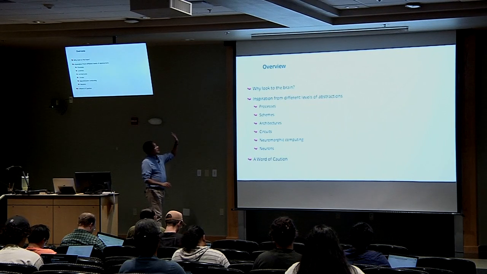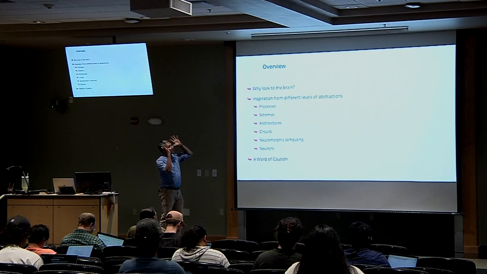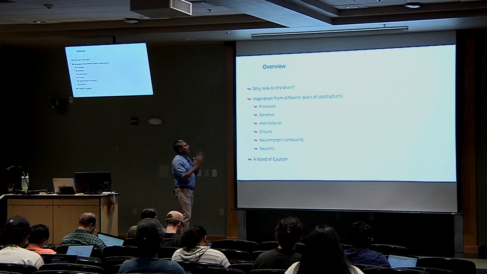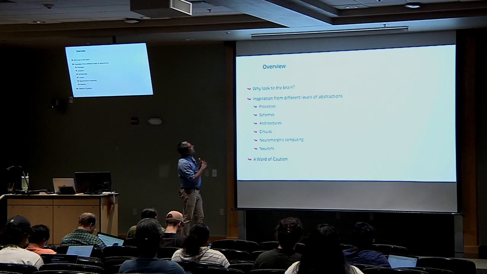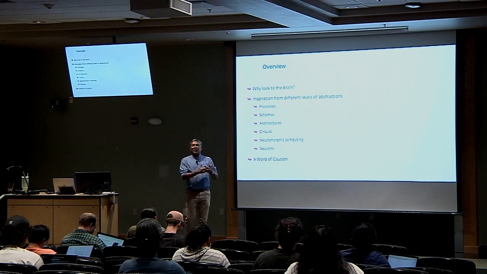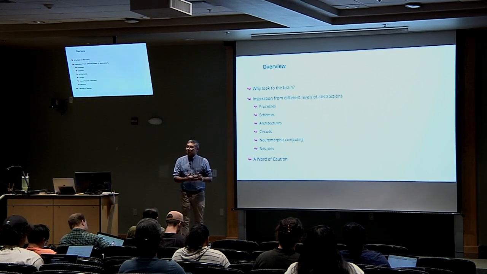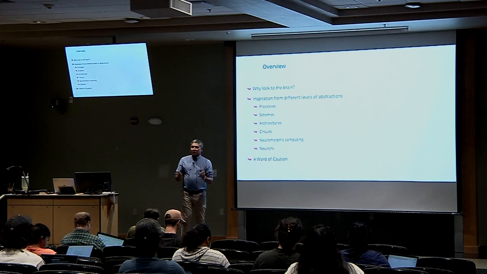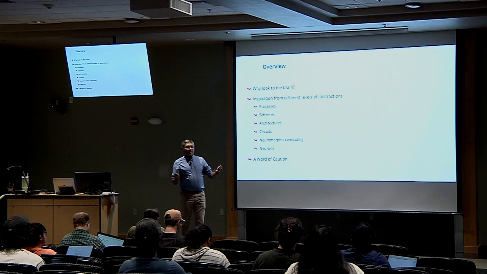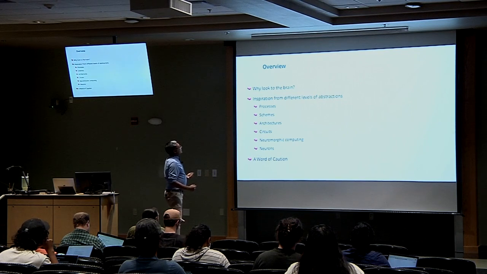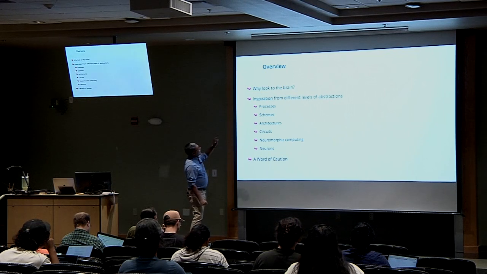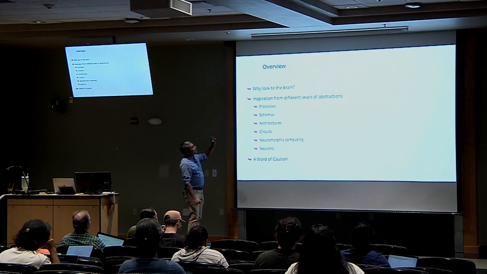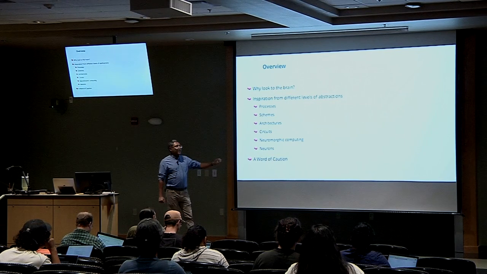So this is how I've composed this thought in my mind. I'll try and motivate why we should look to the brain. And my hope is that when I make this argument, it feels intuitive to most people that says, yeah, this is why we should be looking to the brain, especially for AI. Right? Then we'll look at what it means to be inspired by the brain to solve problems in AI.